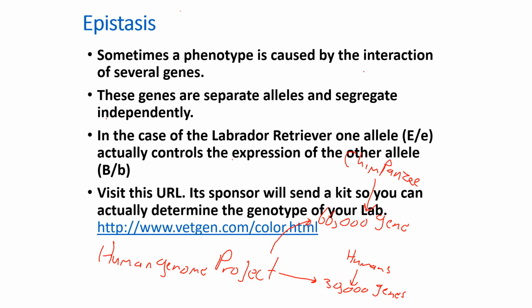It mentions that these genes can be on separate alleles and segregate independently. So even though that gene is impacting the other gene, they don't even have to be on the same chromosome, right? It mentions here in the case of a Labrador retriever,